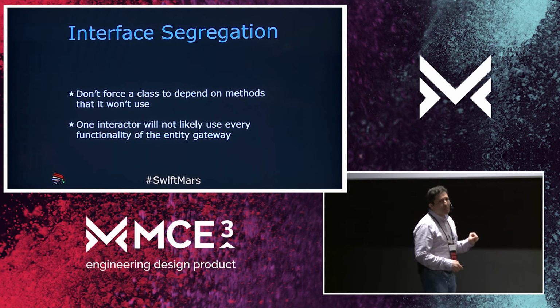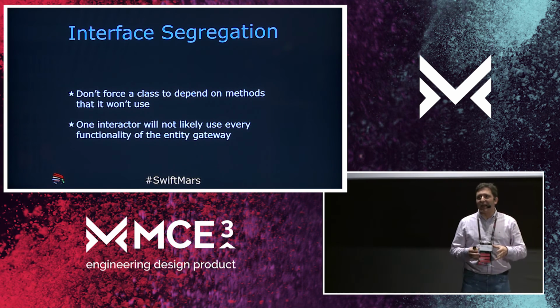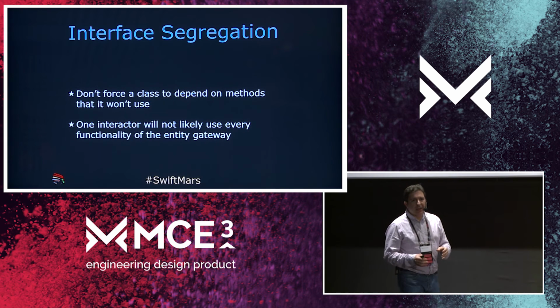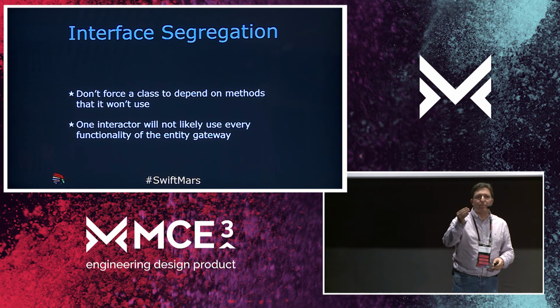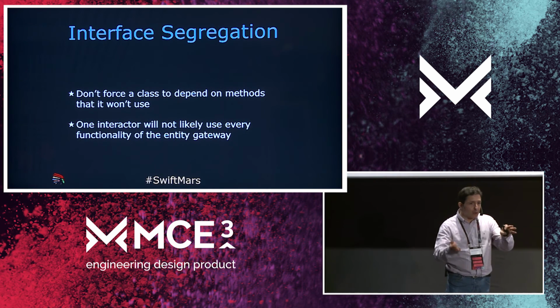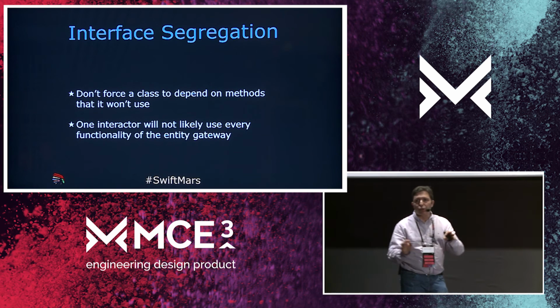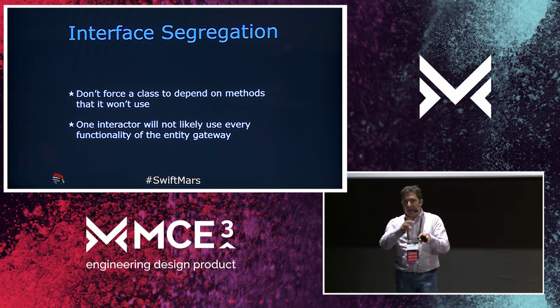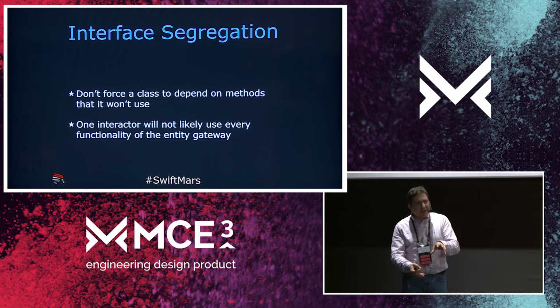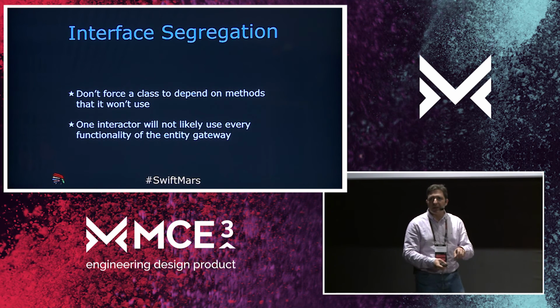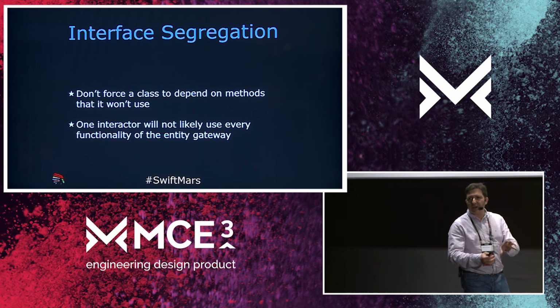And the interface segregation principle is the one that allows us to segregate the protocols so you don't force a class to implement every method when only one or two are required. So you have that segregation of the interface, and that will help you to have thinner classes that can be tested more easily and that are responsible for less stuff.